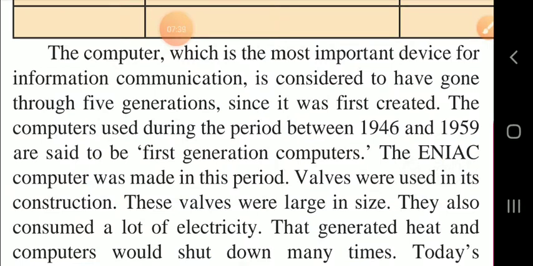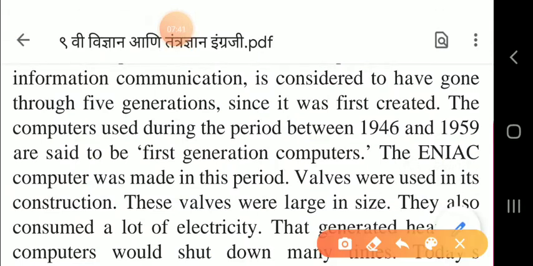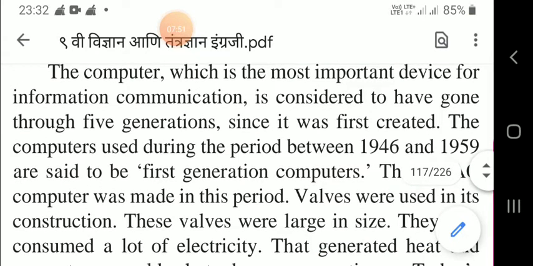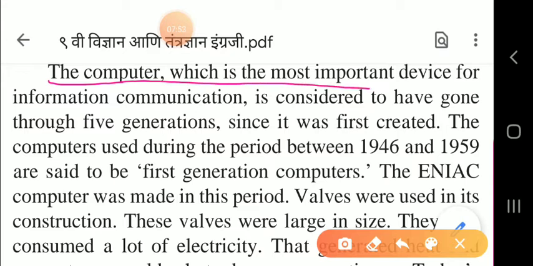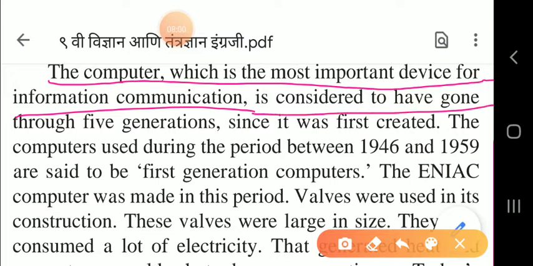The computer, which is the most important device for information communication. We can see here, children, that we can underline this: the computer, which is the most important device for information communication, is considered to have gone through 5 generations, that I already explained when I showed you the slide. Since it was created, the computer used during the period between 1946 and 1959 is said to be the